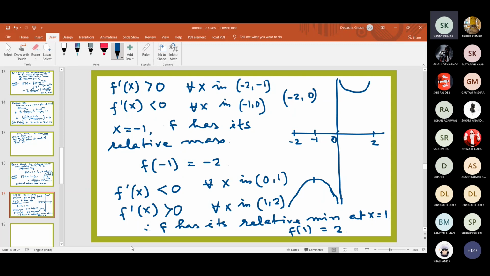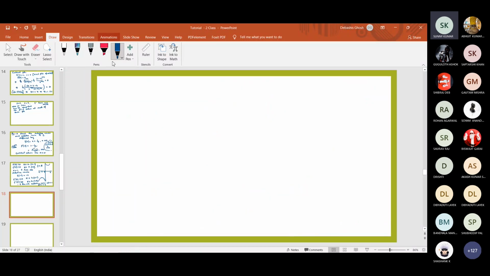So this is the function where we are getting that the relative maximum is less than the relative minimum. If you are going to find all the points at which you have the relative maximum and minimum, so we solve one problem more. Third one, you consider the function f of x equals